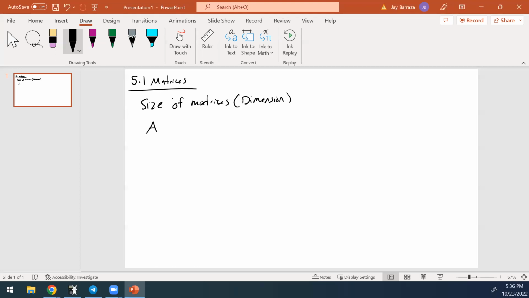So a matrix A, that is 1, 2, 3, 4, 5, 6, would have 2 rows and 3 columns. And so that is the dimension of the matrix. We would say that this is 2 by 3, right? The number of rows by the number of columns, right? Rows